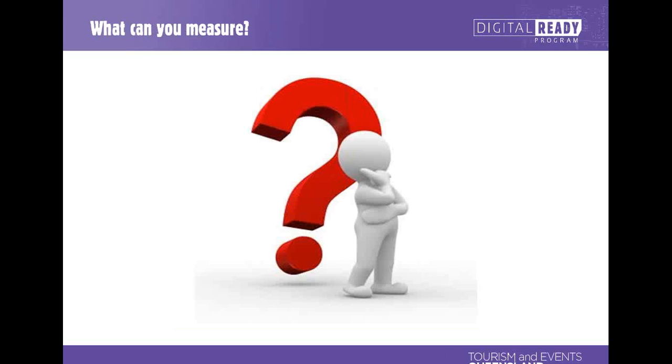So what sorts of things can you measure? You can actually measure pretty much everything online. You can measure the traffic to your website, who's coming, what they're doing on your site, if there were problem pages or problem fields in your form or whatever where they are leaving that you need to fix. You can measure if they can find their way in your site. You can measure revenue from your site. You can measure where your traffic is coming from. Everything to do with your website pretty much you can measure, apart from people's names.